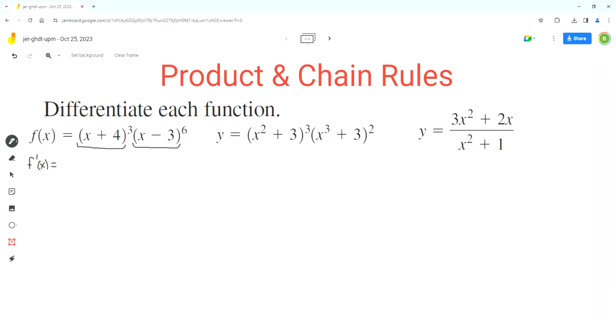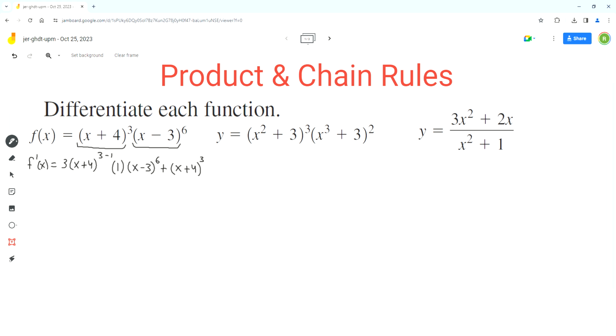So we'll move the exponent 3 to the front and then times (x plus 4), the inner function, exponent 3 minus 1. So we subtract 1 from the exponent times the derivative of the inner function, which will be 1 because 4 is a constant, so its derivative is equal to 0, and then times the second function, plus, now the first function